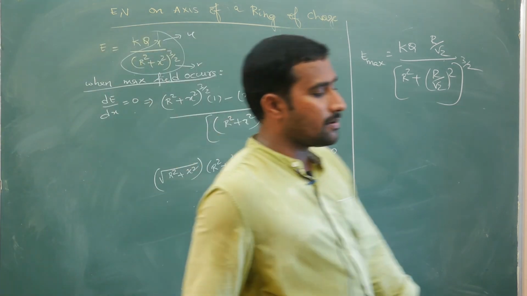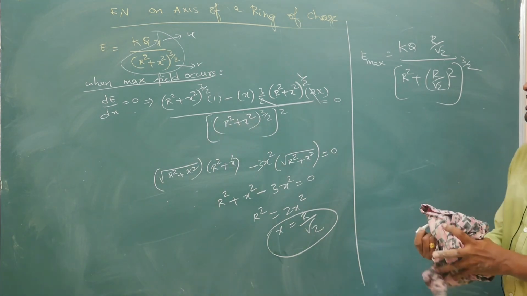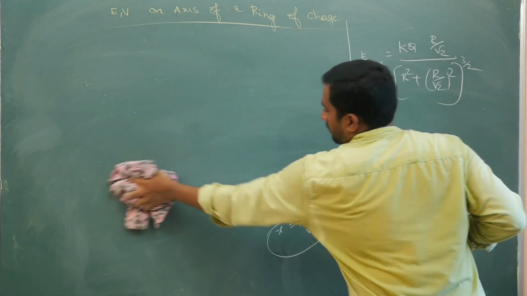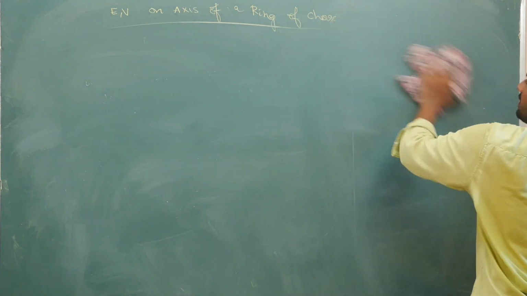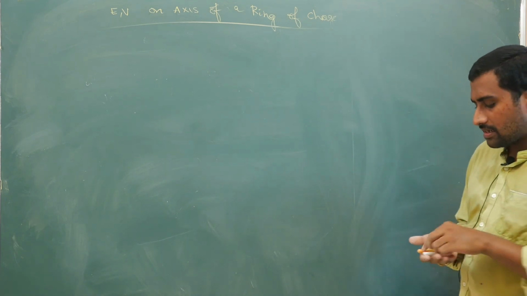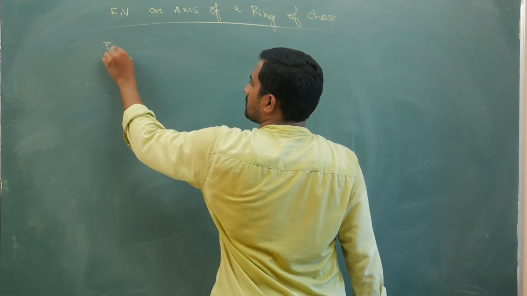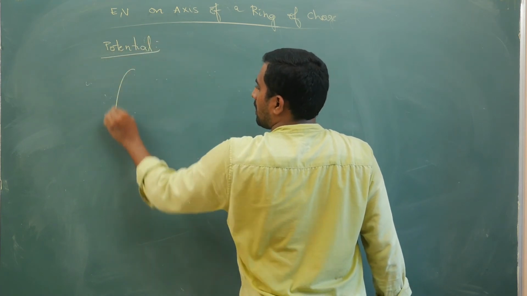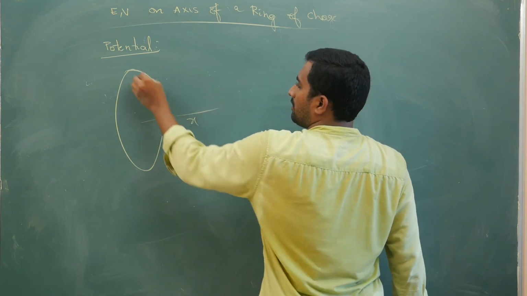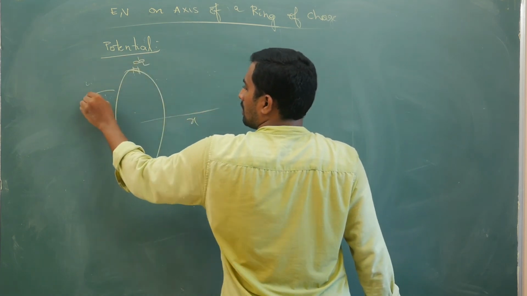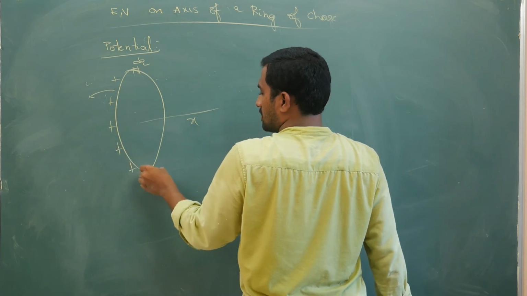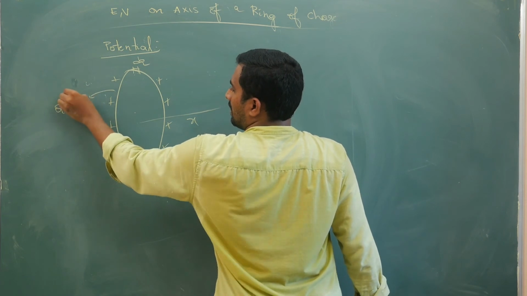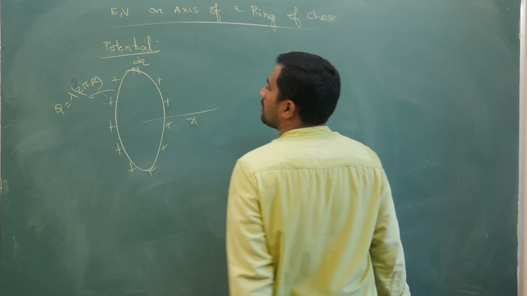Now coming to the potential part, this is how you can calculate the potential. Copy this down as well, pause the video clip, then simplify and copy it. Next, if you are trying to calculate the potential, here you have a dq element, your charge is on the axis, so your charge is lambda times the total length 2 pi r.